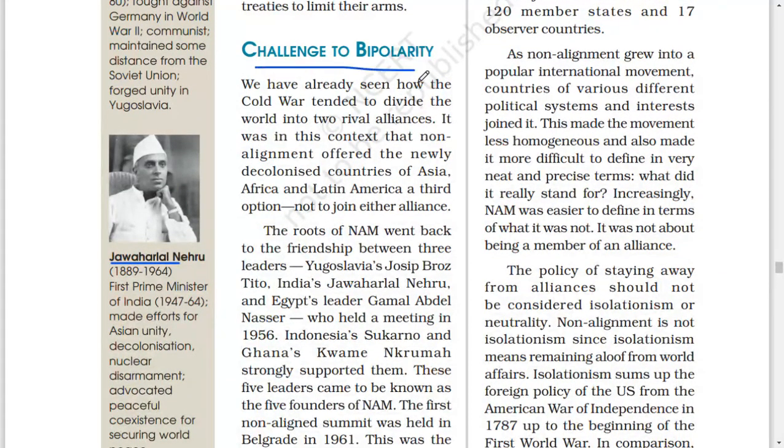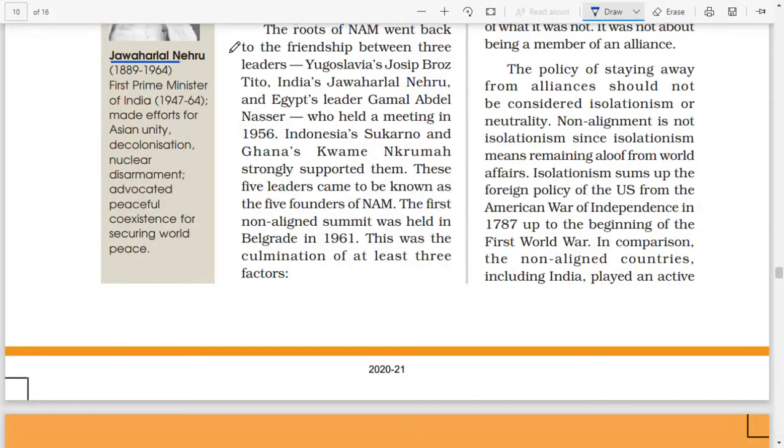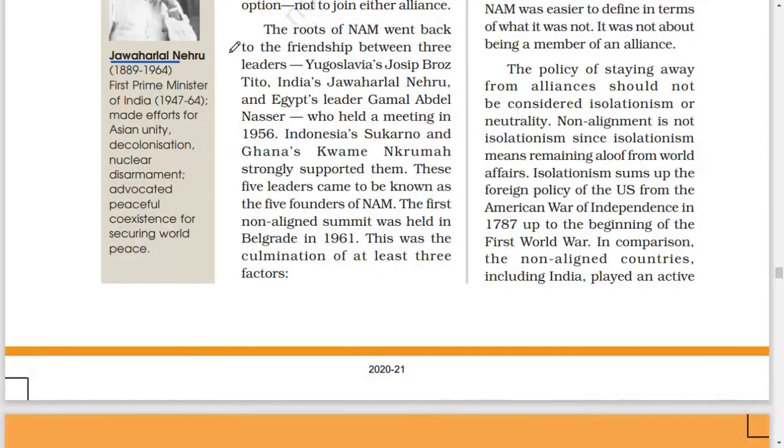Challenge to bipolarity. We have already seen how the Cold War tended to divide the world into two rival alliances. It was in this context that non-alignment offered the newly decolonized countries of Asia, Africa, and Latin America a third option: not to join either alliance. The roots of NAM went back to the friendship between three leaders: Yugoslavia's Josip Broz Tito, India's